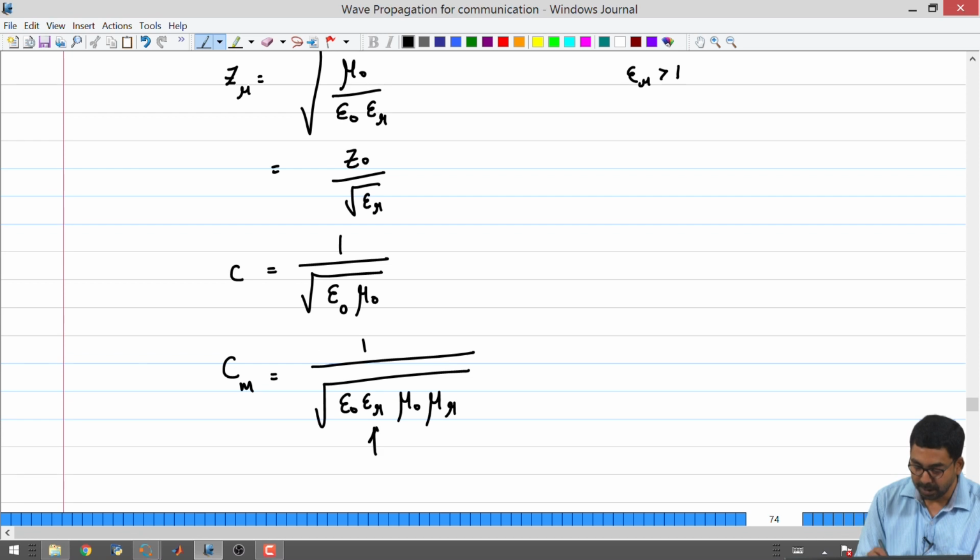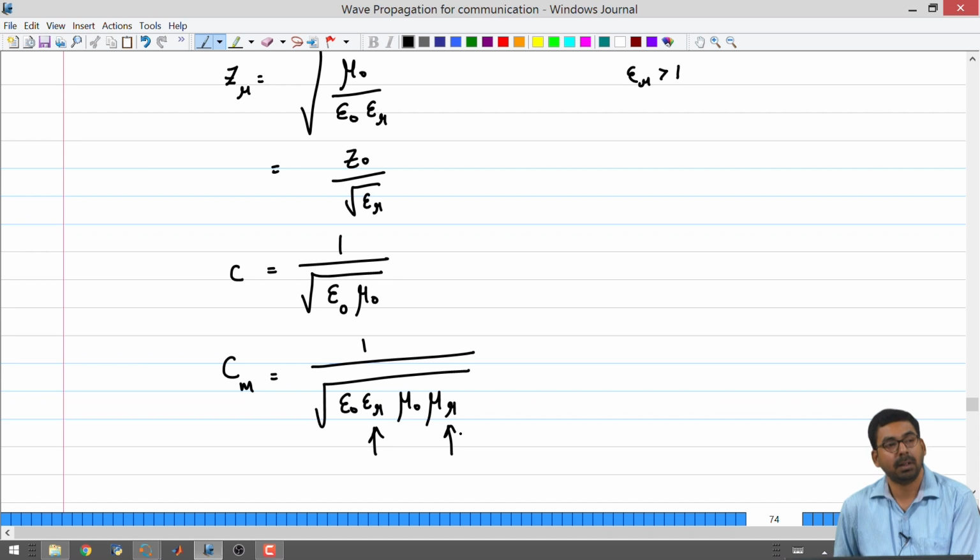This is greater than or equal to 1, this is greater than or equal to 1. You can also keep it equal to 1 for many cases, which means that in any material medium the velocity is going to be smaller than the velocity in vacuum.